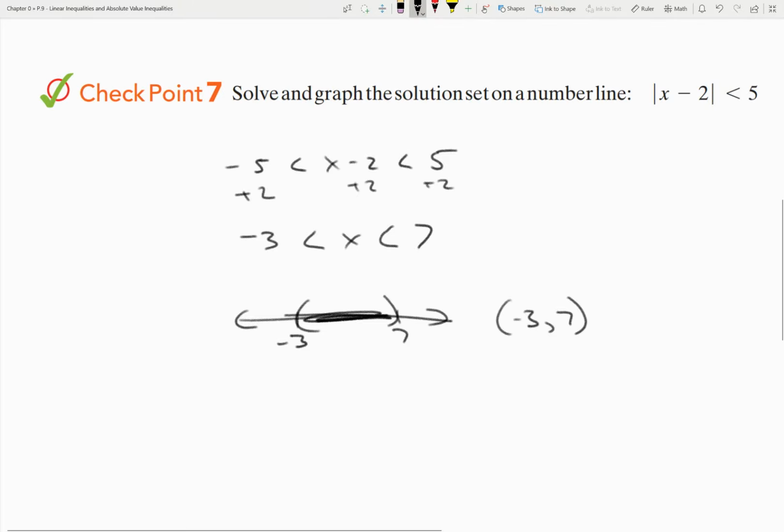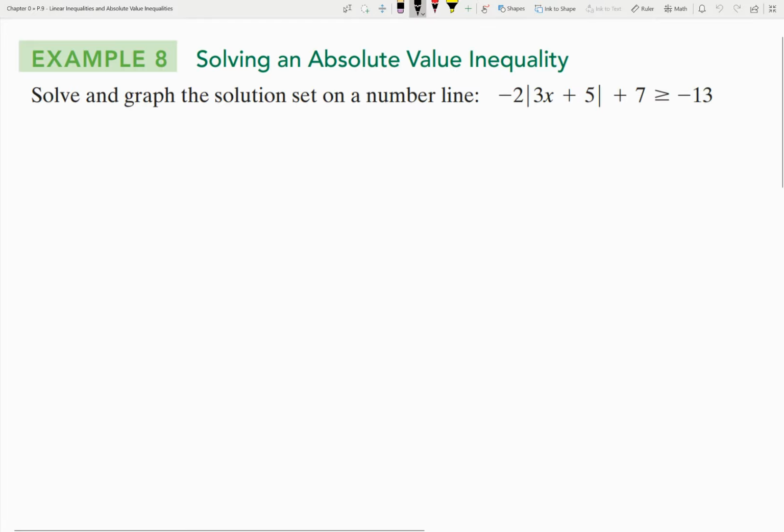Okay, so next, let's try another inequality here. All right, first, like most absolute value problems, we have to isolate the absolute value first. So I'm just going to move this over here so I have more room. Negative 2, 3x plus 5. Subtract the 7 from both sides to give me negative 20. When I divide both sides by a negative, you still, like any other inequality, have to change the sense of